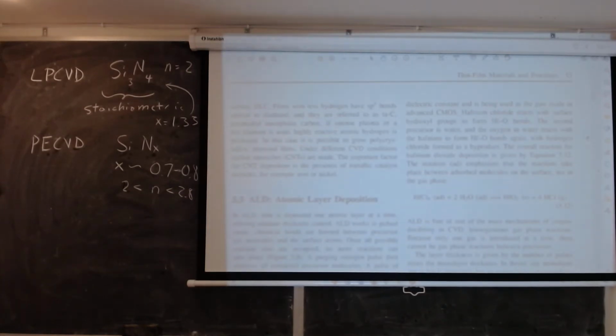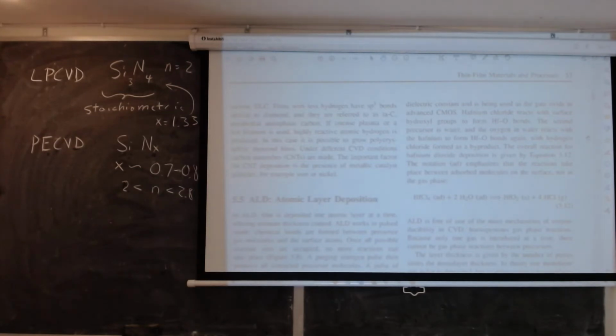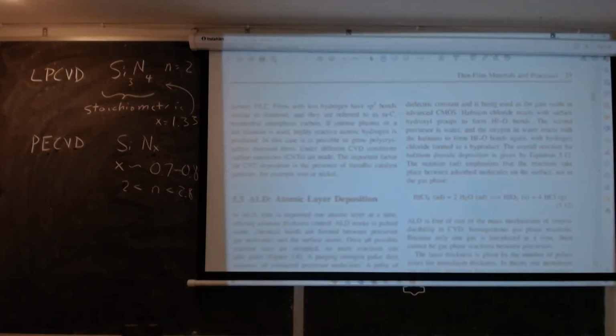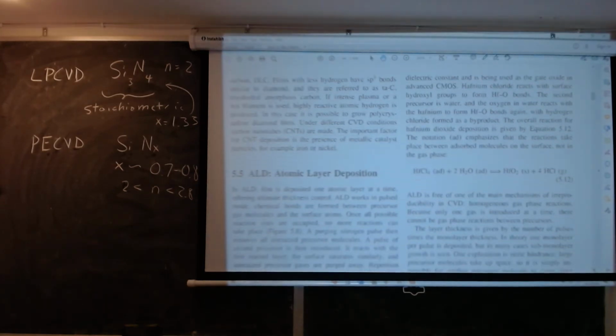Now, in this section, I listed the sections we'd be covering. And the next one is atomic layer deposition. Now, atomic layer deposition is used